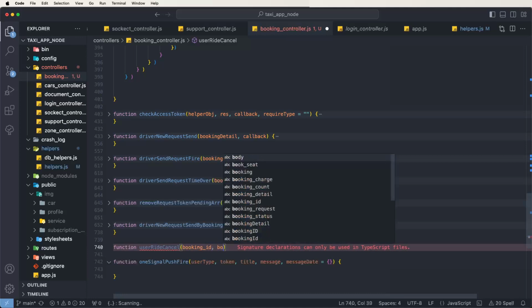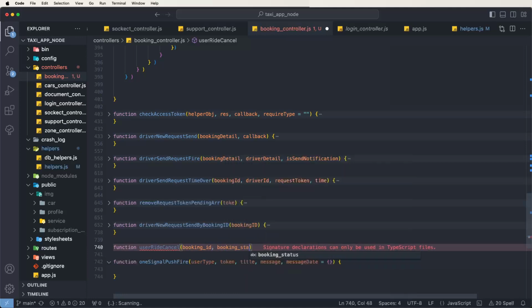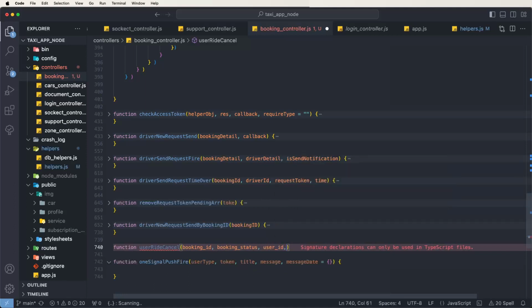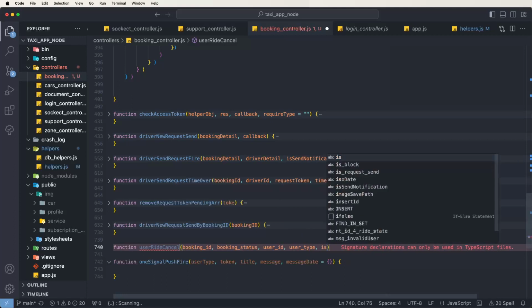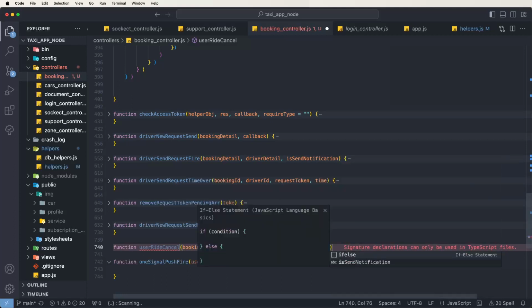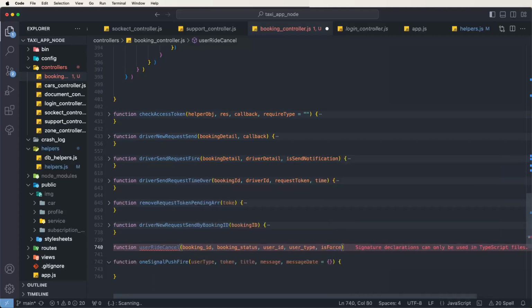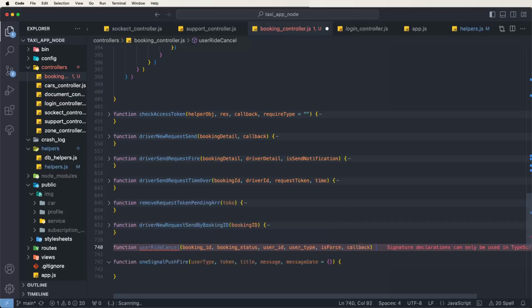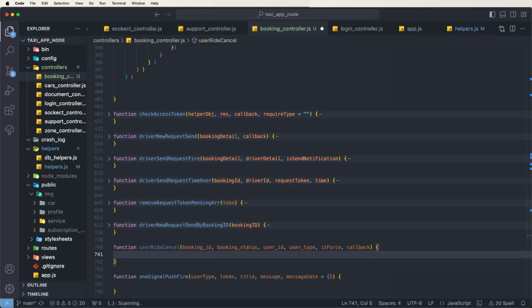then also the booking status, and also the user id, and also give the user type, then is forcefully closed like this flag, and return the callback function like this, creating the function